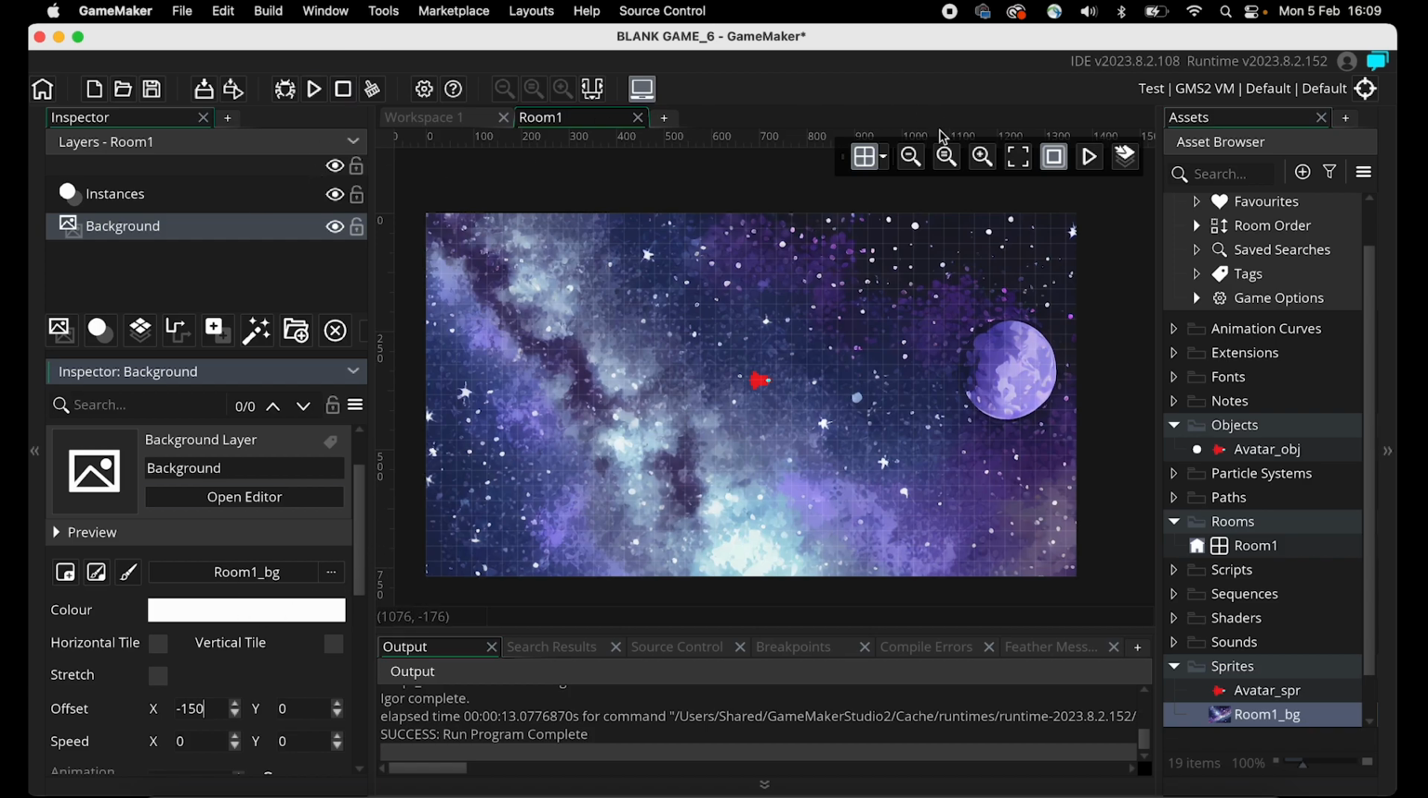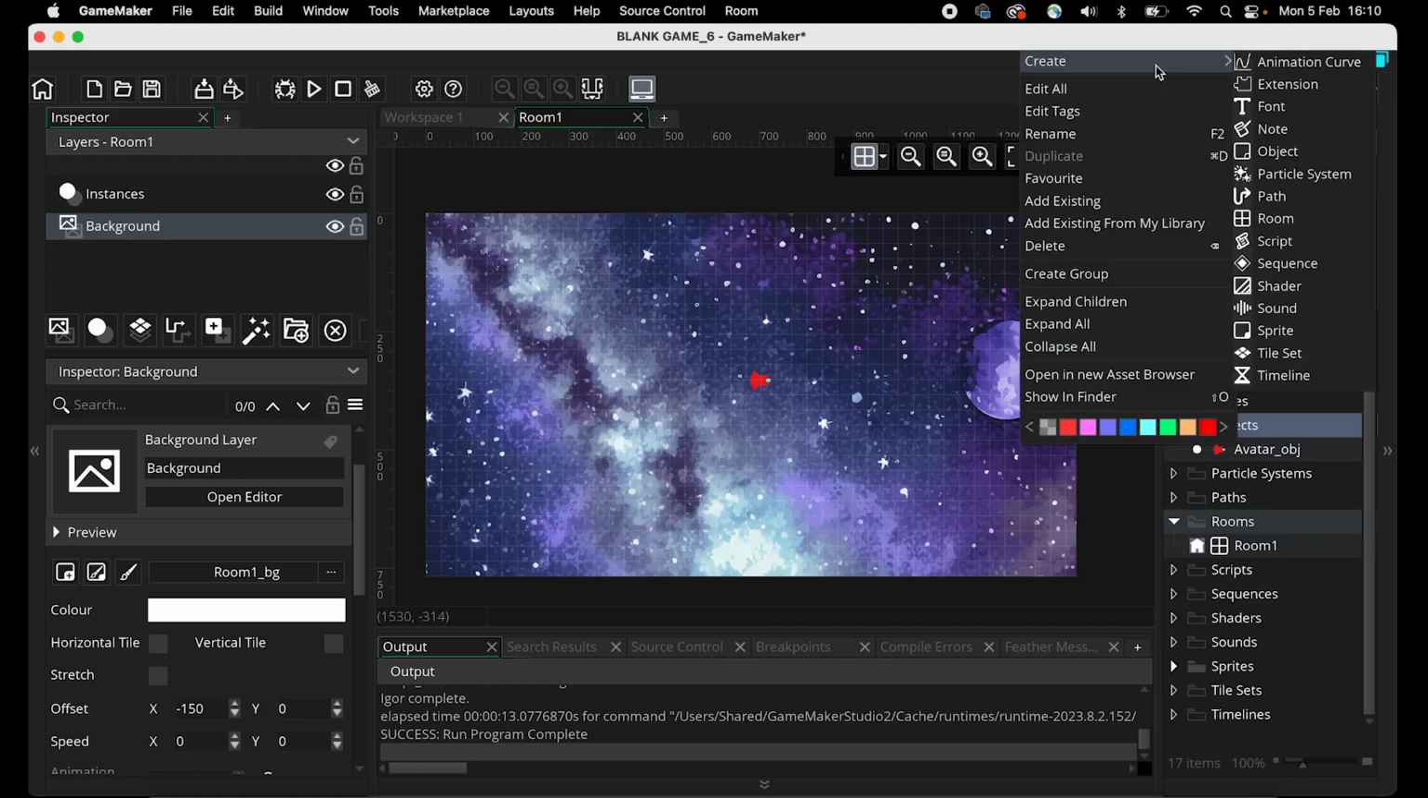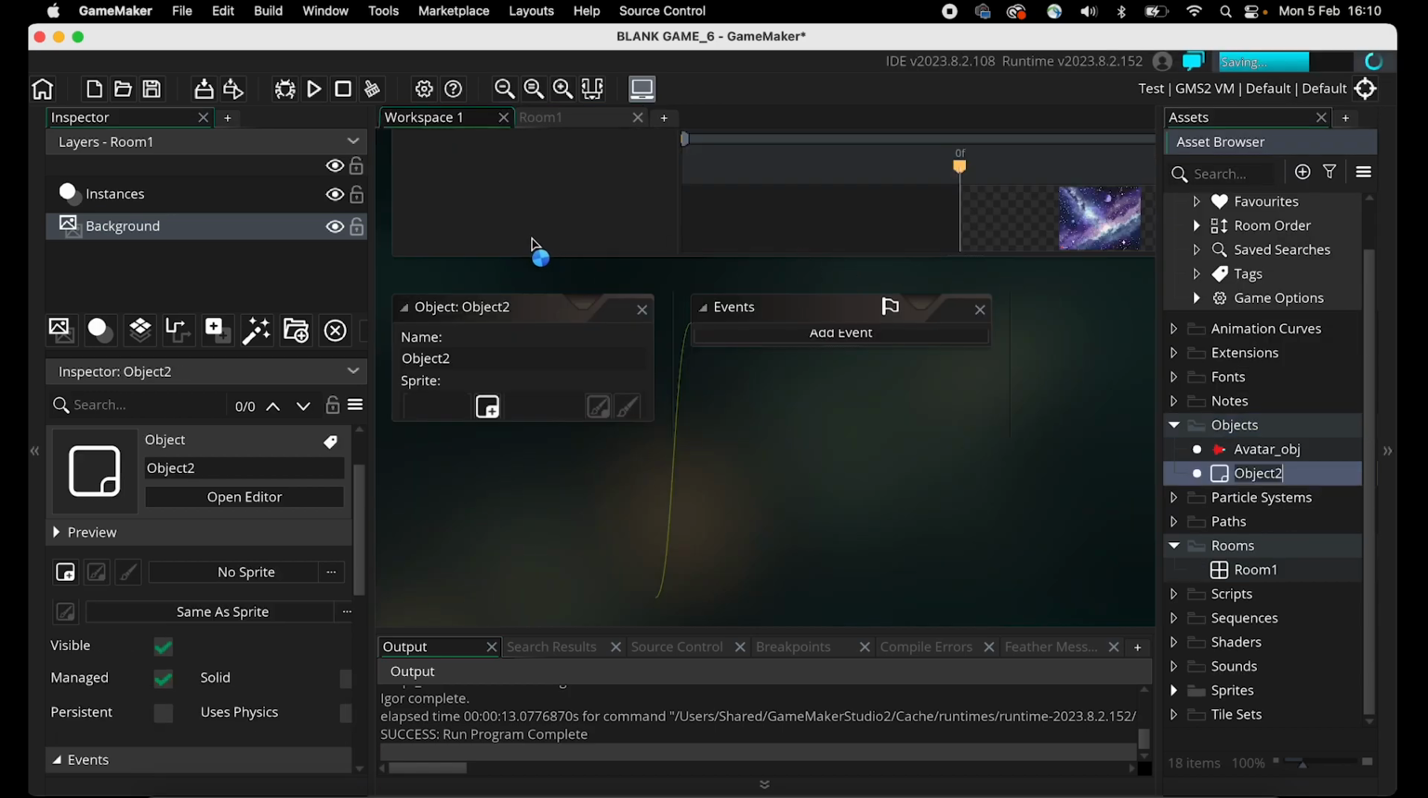Perfect. So we've got a controllable avatar, so the player's in the room. We've got a background on our level. What we want to do now is introduce an enemy. So let's create an enemy to add a bit more excitement to this game, because at the minute there's nothing much going on. So I'm going to create a new object again. Go to your asset browser, right click where it says objects and go create object. I'm going to call this object